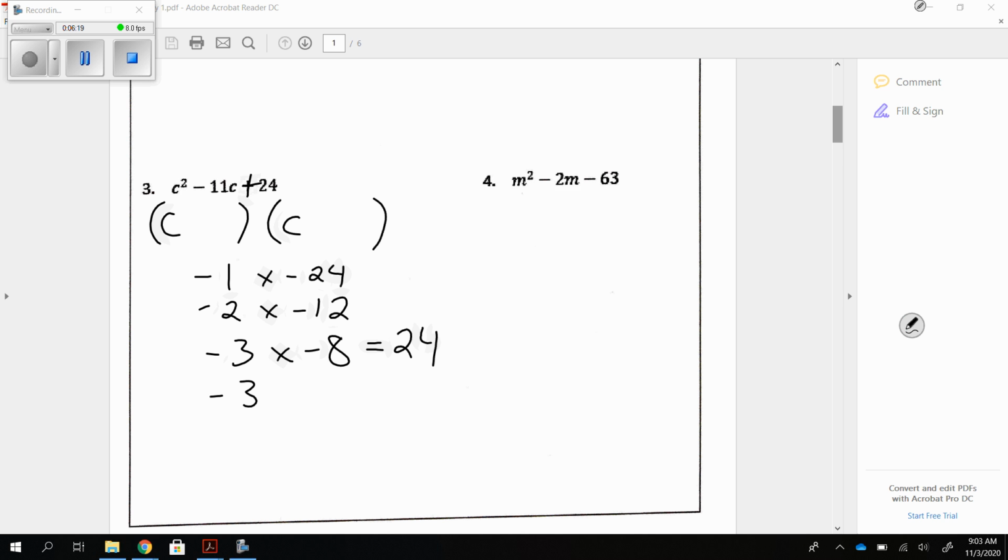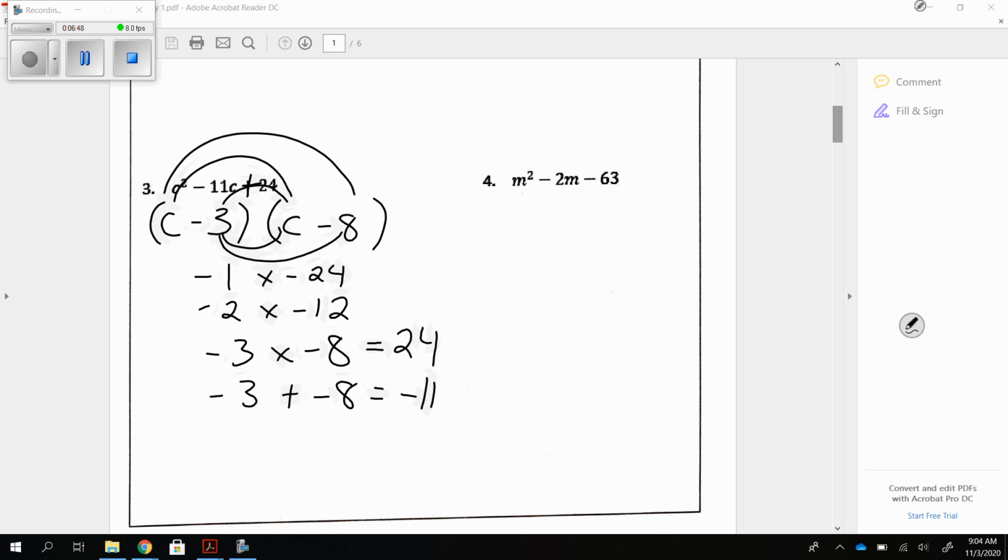And then negative 3 plus a negative 8 is negative 11. That's exactly what we need. So we know it's c minus 3 and c minus 8. And that's how we can factor c squared minus 11c plus 24. Because, as we know, the way to check your work is we just distribute it. Distribute here, distribute there, distribute here,